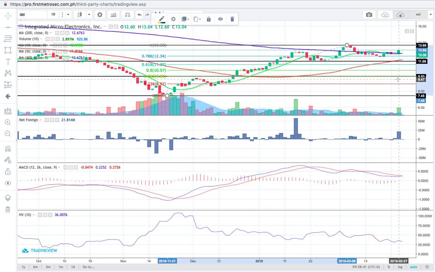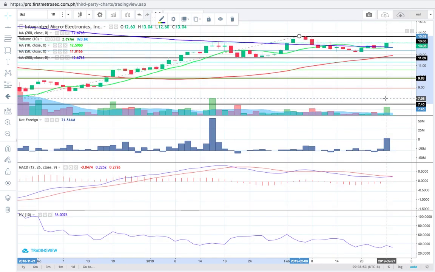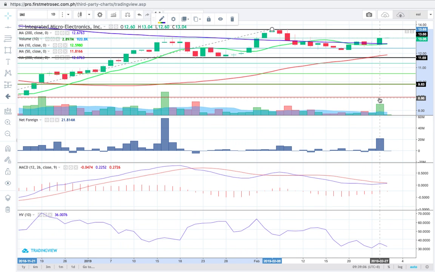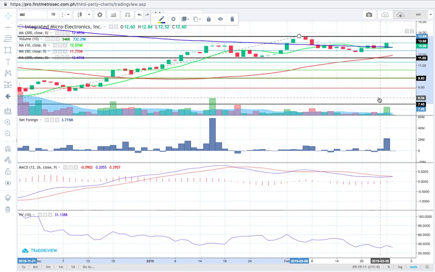Yesterday's ascent in price was supported with volume as well. The volume as of February 27 is above the 10-day volume average of IMI, and the price also managed to inch above the 10-day simple moving average. So technically speaking, IMI is already moving inside the short-term bullish territory. But although the price is also above the 200-day SMA, this is not yet the perfect picture that I would want to see